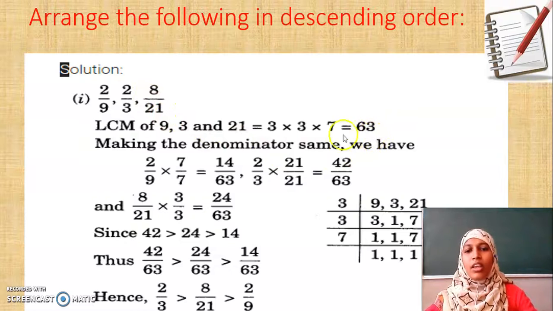Now I am going to find equivalent fractions of all these 3 numbers with the denominator 63. Okay, so how to make each and every fraction with denominator 63? I have to multiply by any constant number. Let me begin with the first fraction 2 by 9. What should I multiply by 9 to get 63? 9 7s are 63. So I have to multiply by 7 both in numerator and denominator. So I get 14 by 63.